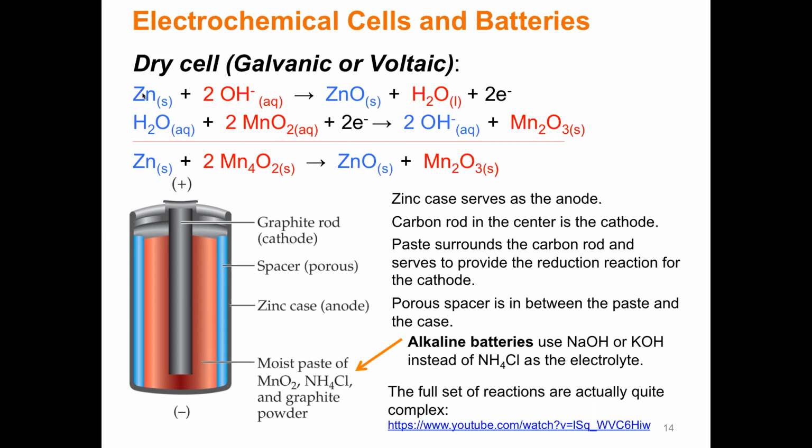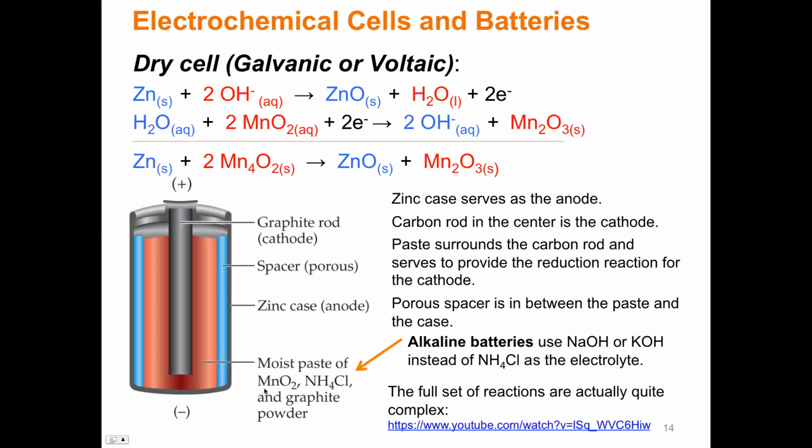And so it's going to release the electrons. The electrons are coming off of the zinc, and they're eventually going to get to the carbon rod. But the way it works is that it's going to interact with the manganese. All right, so you can see here, there's a carbon rod, and you've got this paste, and this paste here